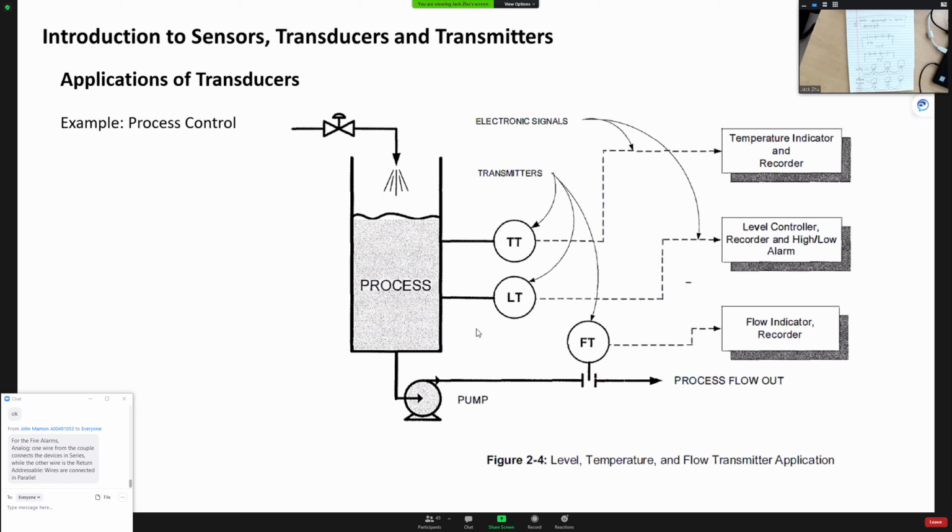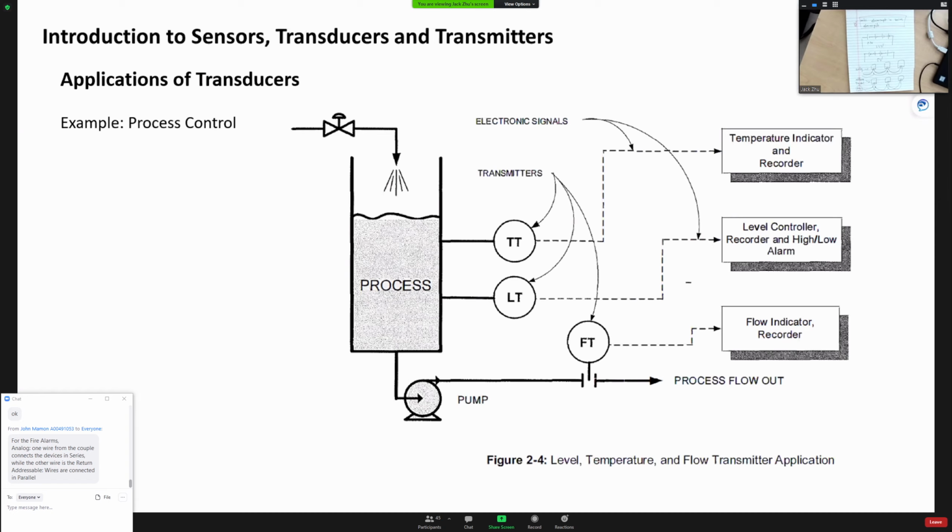Okay, so we got a bunch of transducers here. We have a temperature transducer to make sure the material inside the tank reaches the required temperature. We have a level transducer here to make sure there's enough liquid in here for the process to keep going. And also we have a flow transducer here to make sure the material coming out from the tank meets the requirement for